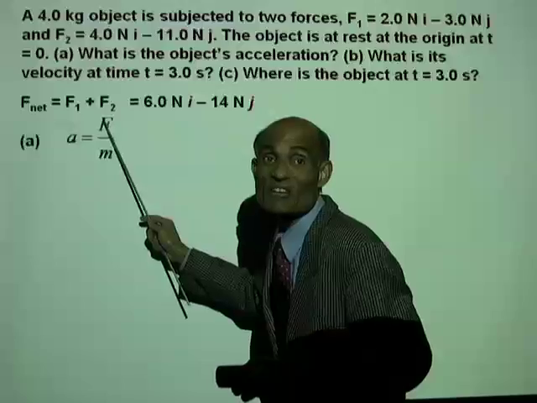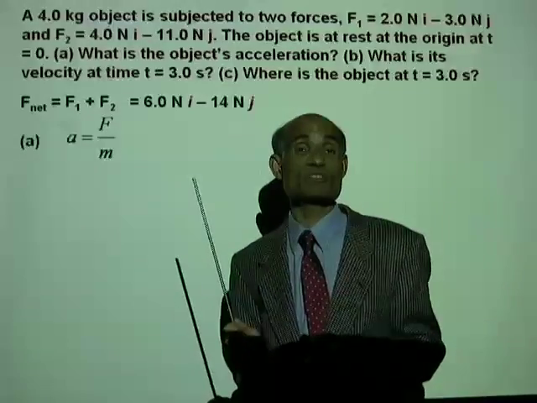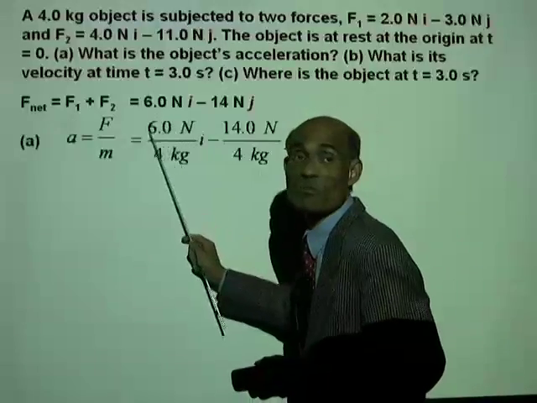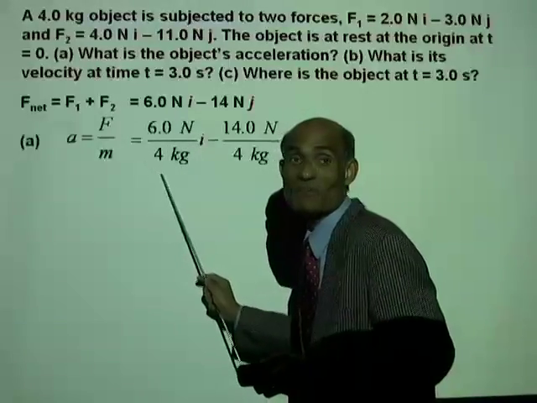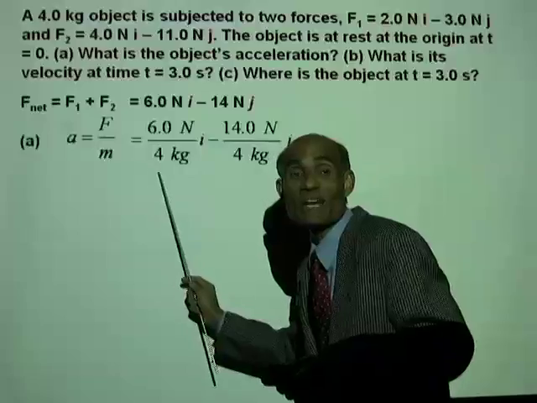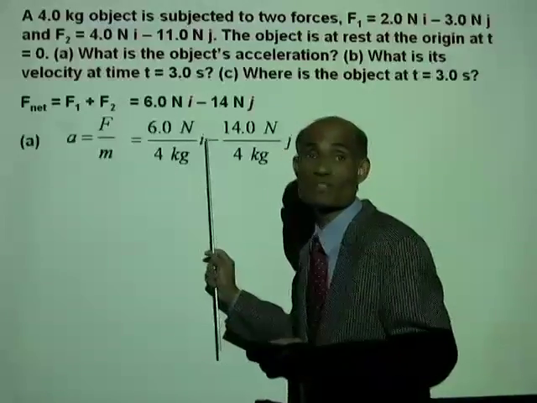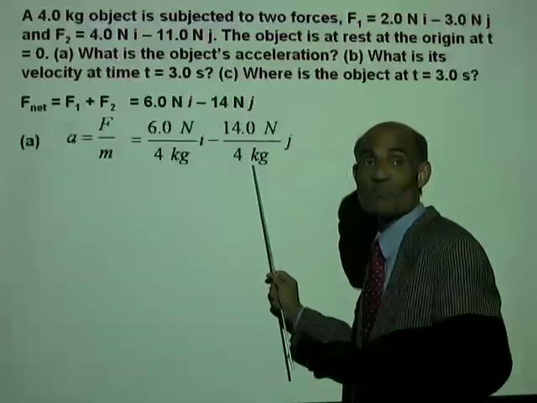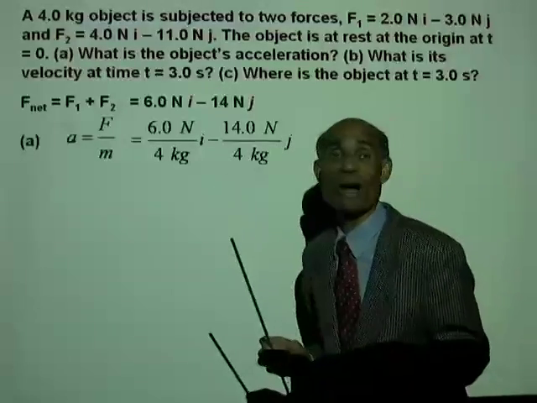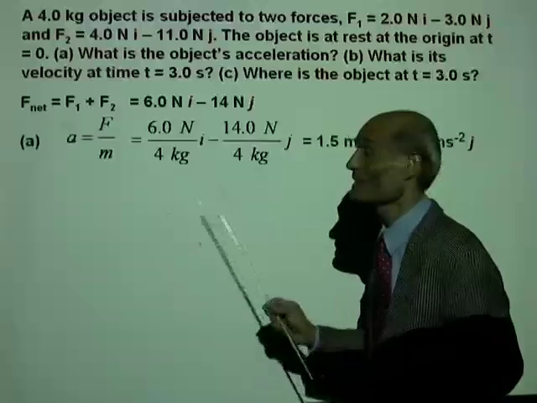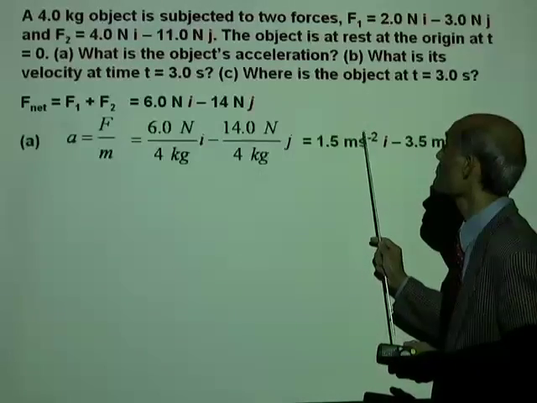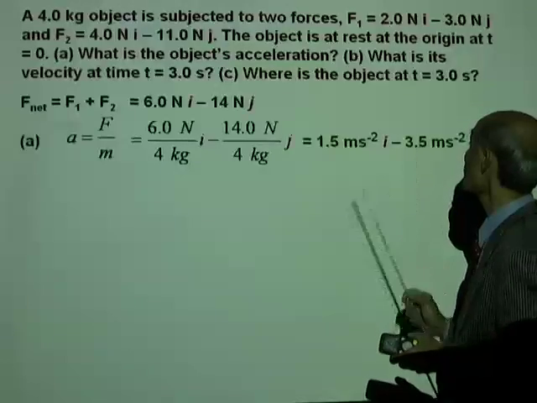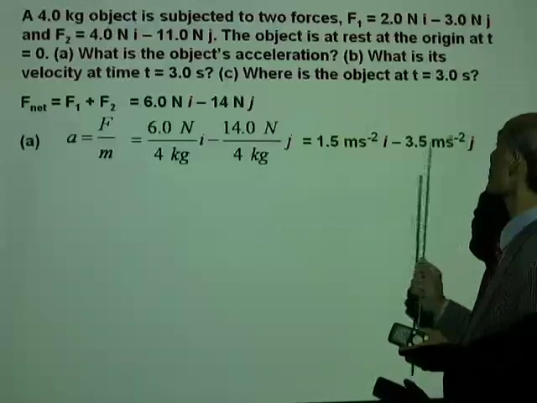Acceleration is the net force divided by the mass. We can do that now quickly. You know how to do that. The X component of the force divided by the mass gives you the X component of the acceleration, and the Y component of the force divided by the mass gives you the Y component of the acceleration. That will be 1.5 meter per second squared in the X direction minus 3.5 meter per second squared in the